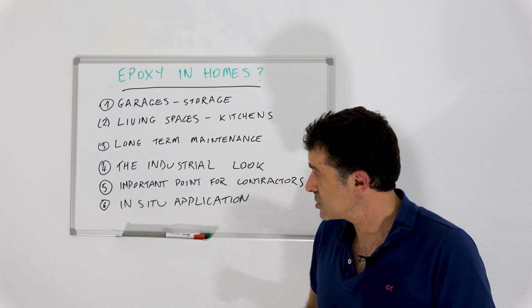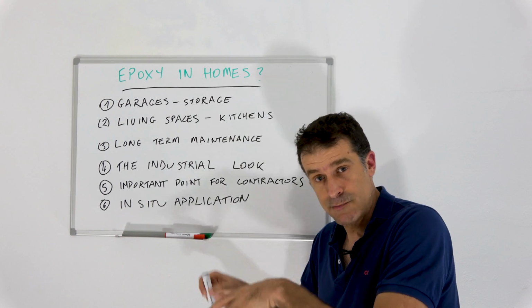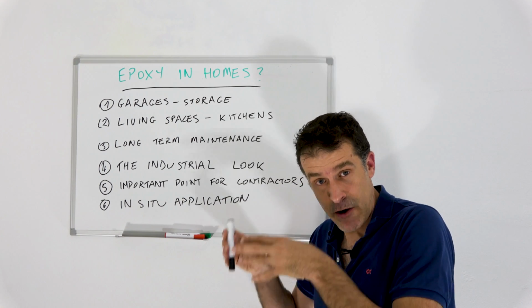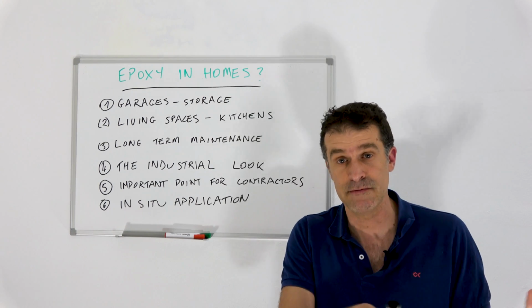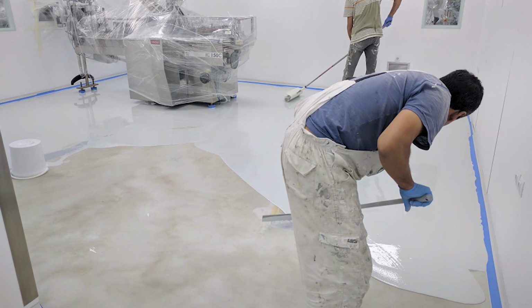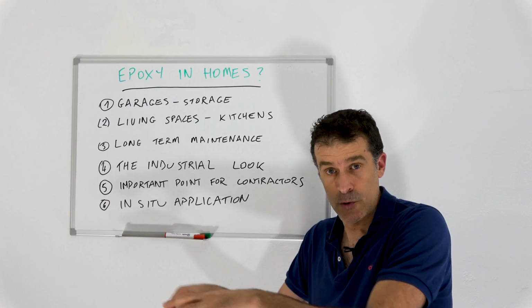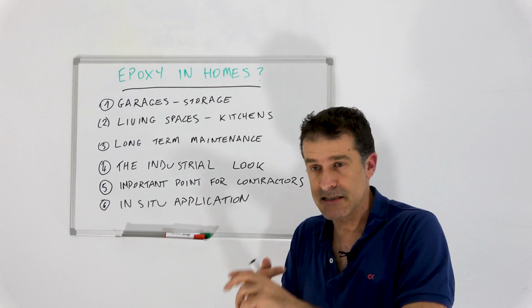And the final point I want to mention is something we call in situ application. This means applying on the spot. With epoxies, the application takes place there and then. It's not like a tile or a piece of a wooden floor where you bring the tile from the factory, you show up, you stick it to the floor and you leave. Epoxy is a bit different in the sense that the actual floor is made on site. You mix the A and the B component on site, and the result of that mixing, the application and the curing is subject to weather conditions, humidity, cold weather, hot weather, dust,